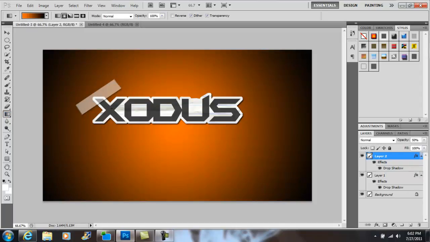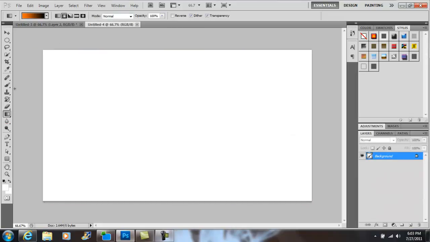For this one right here, I did a gradient background, which is how it's bright in the middle, and then as it goes out to the corners, it kind of shades into a black. You don't have to do that. You just do whatever you want. And for this one, I'll just do a plain, simple,